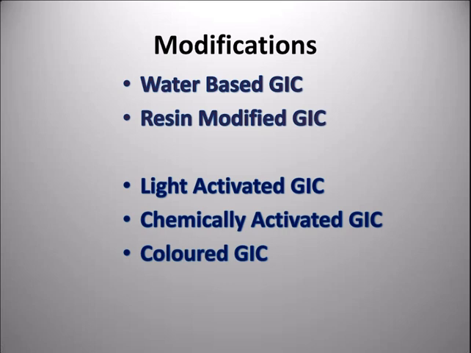This is to activate the resin part of the resin modified GIC. Okay, understood. So the advantages, as you know, composite sometimes undergoes what is called polymerization shrinkage, which is said to be one of the disadvantages of composite. So in this part, what happens is this